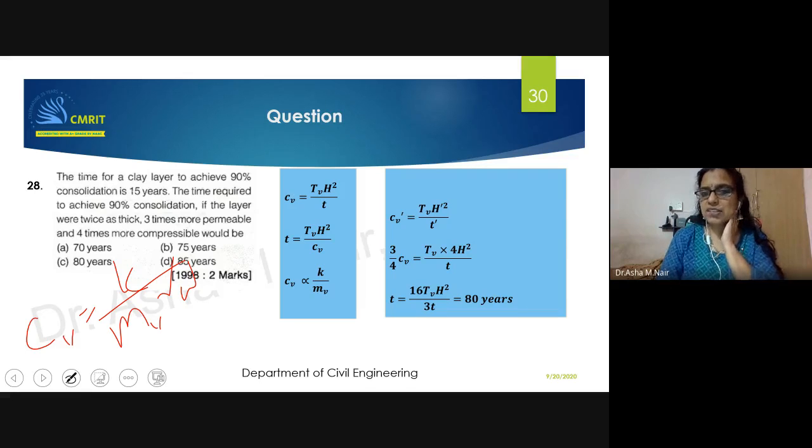So Cv dash is equal to Tv into h dash squared by T dash, or 3 by 4 Cv is equal to Tv into, what will be the value for h? It is going to be 2h now. So it is going to be 2 squared, which is 4 h squared. So 3 by 4 Cv is equal to Tv into 4h squared divided by T, or T is equal to 16 Tv into h squared by 3Cv, and the answer that you will get on simplification will be